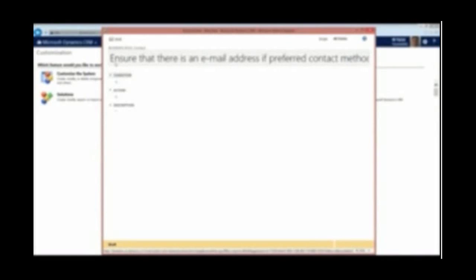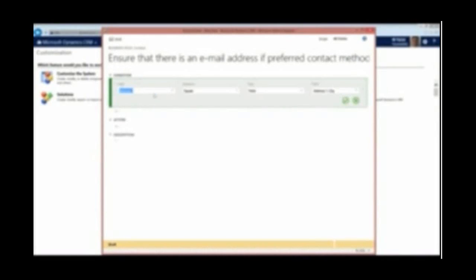And here is again the condition, the action, and the description. The rule name: ensure that there is an email address if preferred contact method is email. That's a mouthful. And so I go over here to the condition, and now I select the field, and